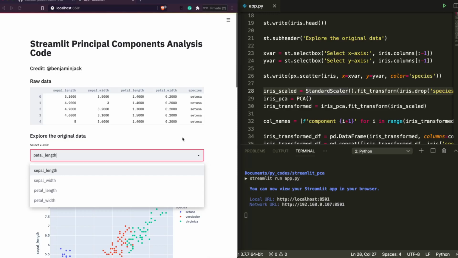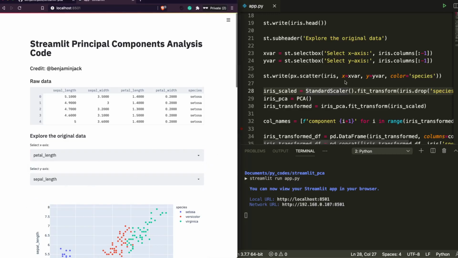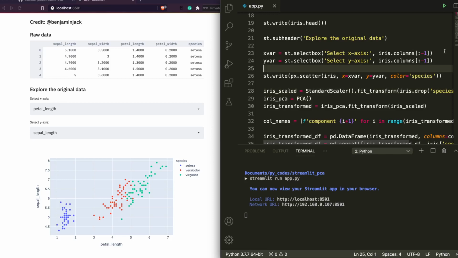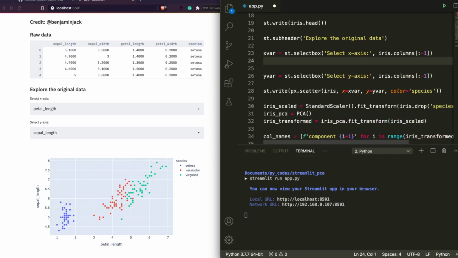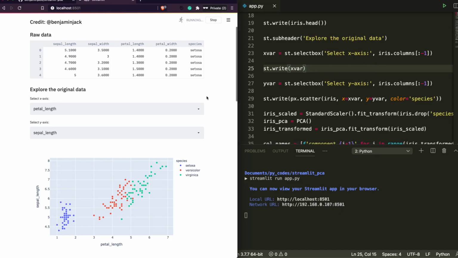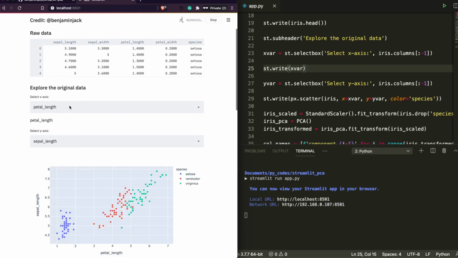The same thing that you are going to do for the second axis, except that the label is going to change. So this is x-axis, this is y-axis. You can see x-axis, y-axis, and you have the same set of column names. Whatever you are selecting, the current selection would get added in this. So xvar is your current selection, yvar is your current selection. If you want to quickly check it, you can print st.write xvar, save it, run it, then you can see whatever you have selected appears there.